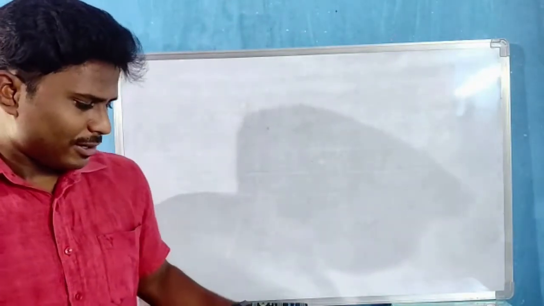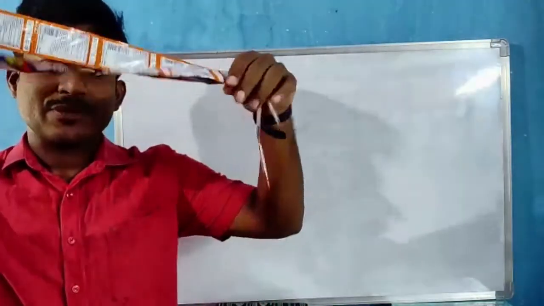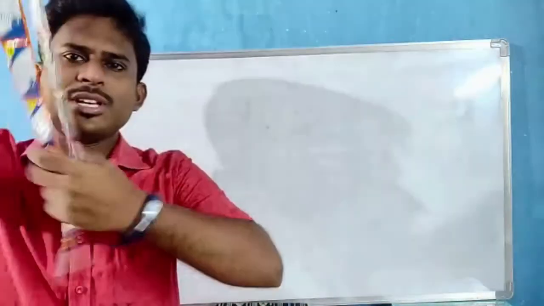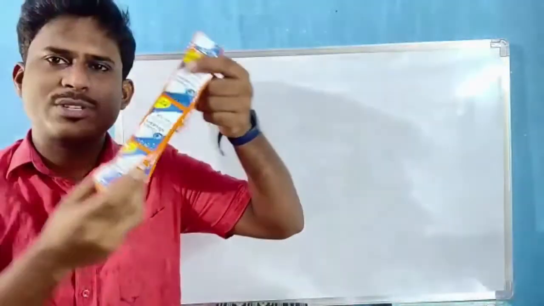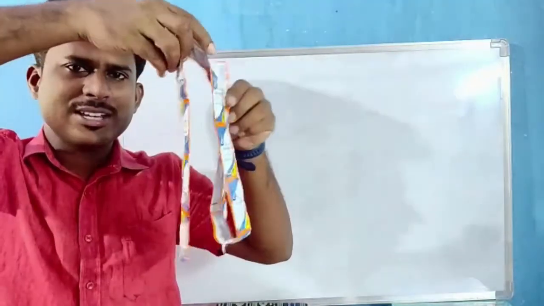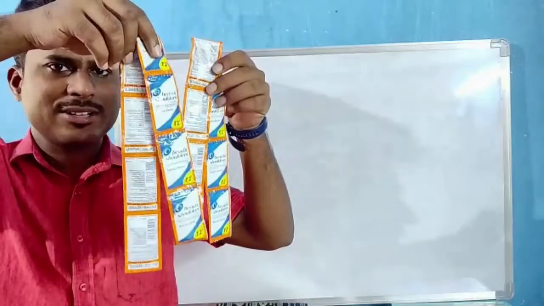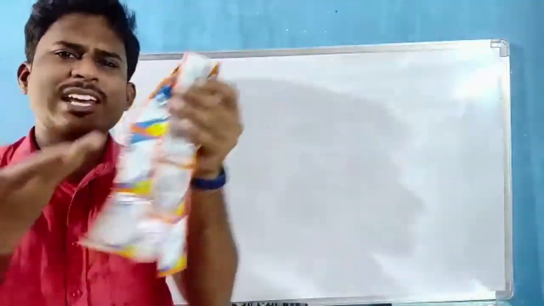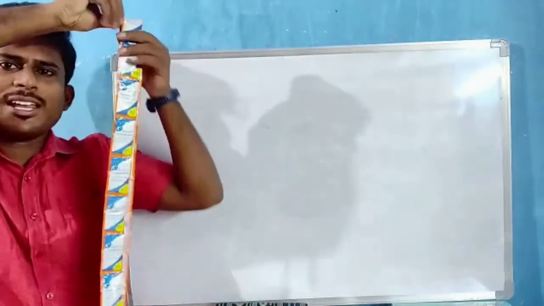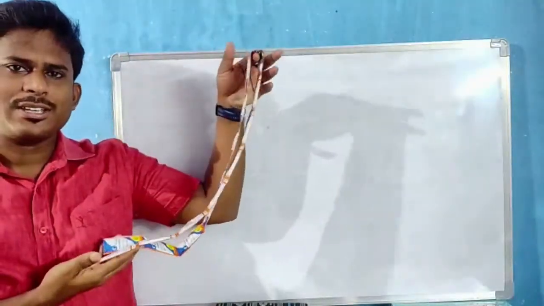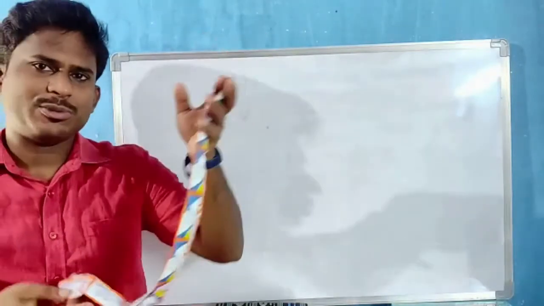Okay. Now see, we use shampoo for head bath, right? Now see, I have some shampoo in my hand. Can you guess how many shampoos are there in my hand? Can you say? We cannot say exact number, right? No problem. You can say nearly how many shampoos are there. If I hold like this, nearly how many shampoos are there? You can say. It's nearly about 20 shampoos are there.